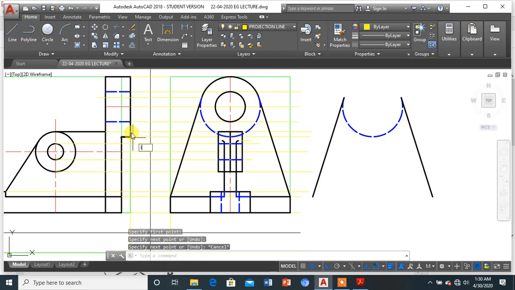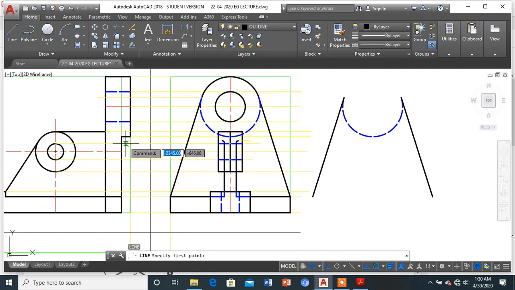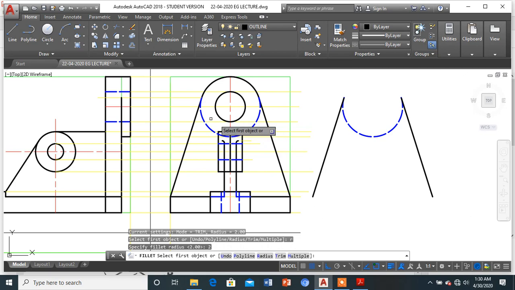Okay, so as I've already done for the front view, here I can see like this. Now I will be selecting this. So that's done.